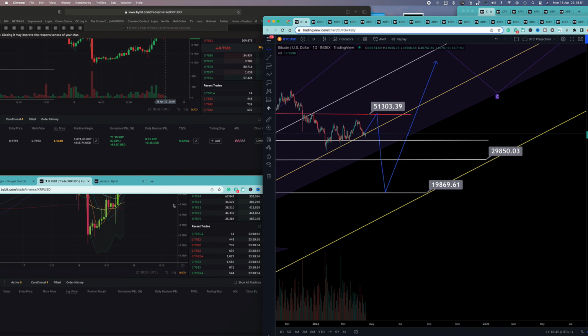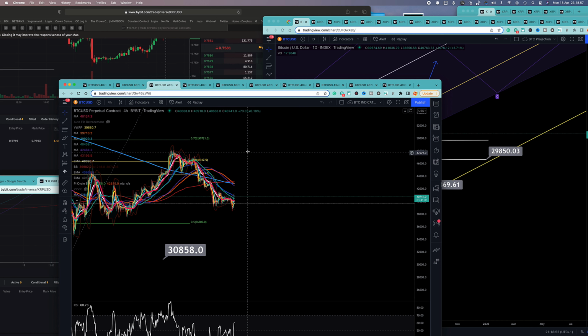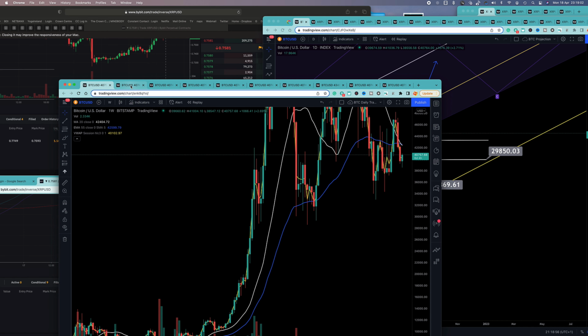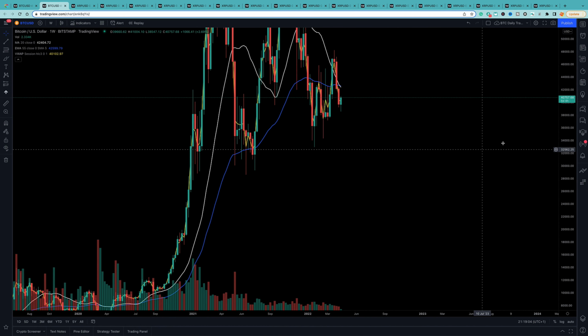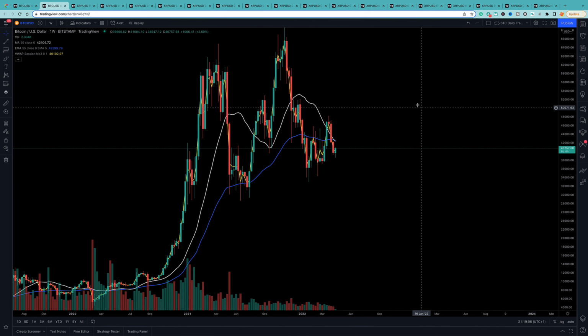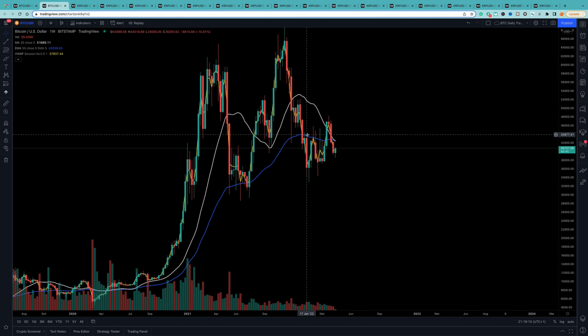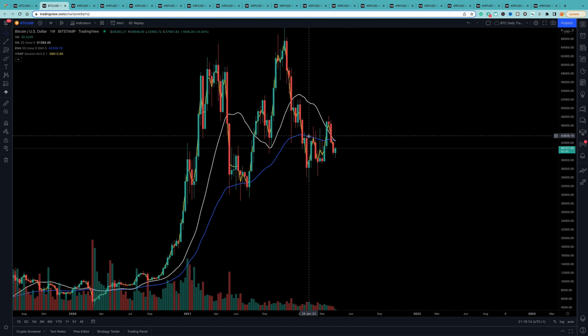And let me pull them in Bitcoin so I can just show you. There we go. So now on this is the 20 EMA, this is the 55 EMA, yeah? On the weekly